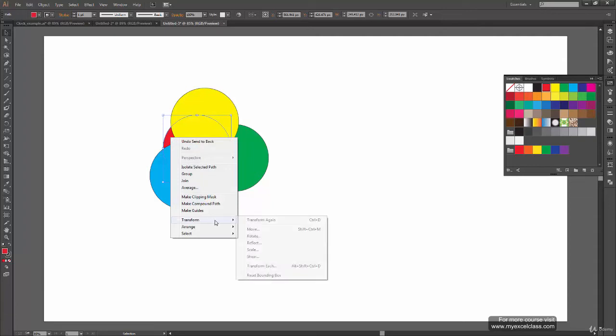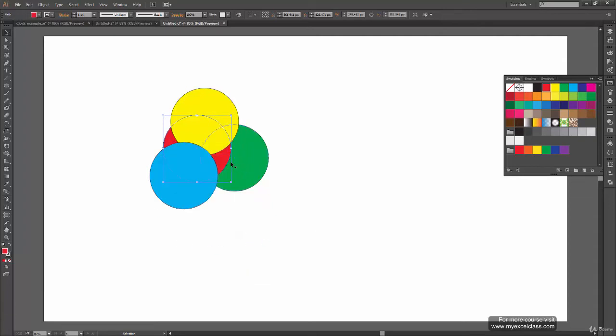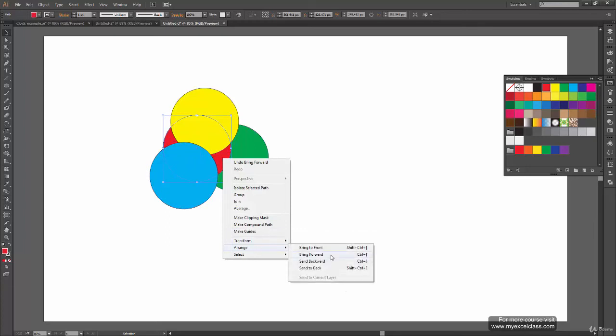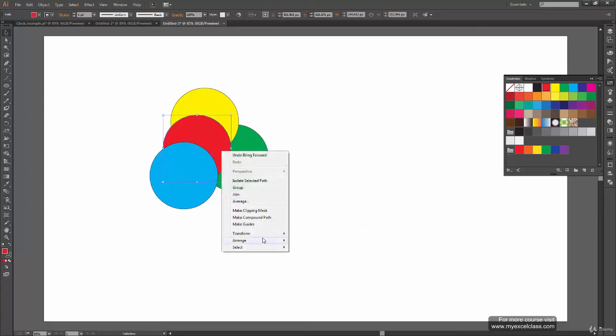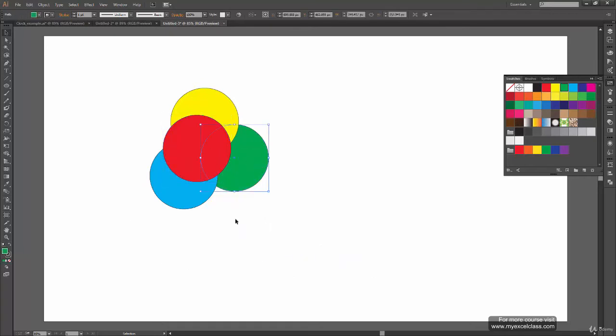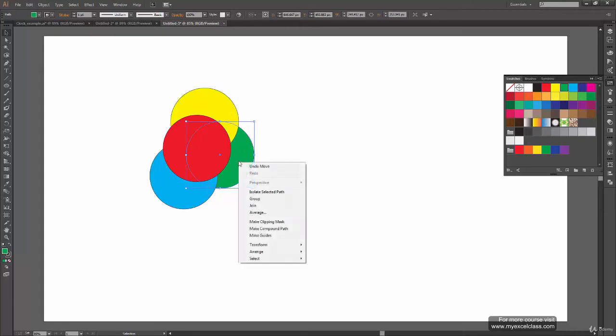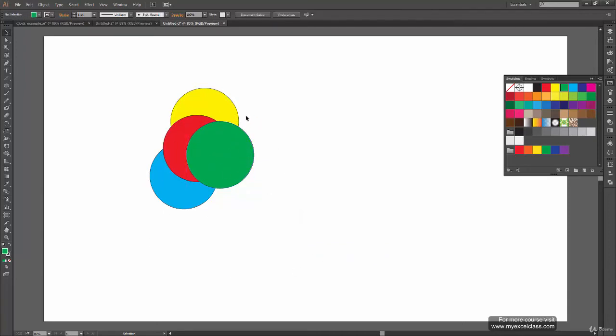But when you right click and say arrange, bring forward, it has come one step forward, and then again bring forward, it has come one step forward again, and then bring forward, so it is on the top now. Now the green circle is at the bottommost, so what we can do this time is right click, arrange and click on bring to front, so it has directly come to the top. So that's how this stacking order works, and this is also called Z depth. Z depth is like this: the whole three-dimension thing works on three axes. One is this X, Y, and there is a Z thing.